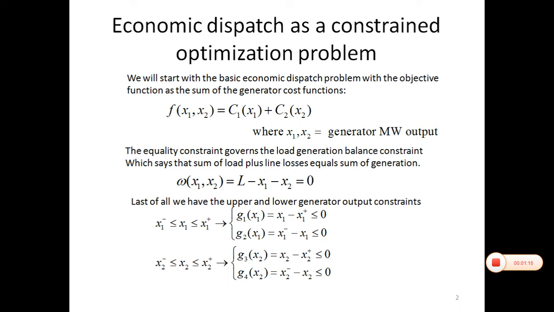There are inequality constraints, which are actually the upper and lower limits on your units, like we have discussed. For example, if we have any unit, it will have upper and lower constraints within which it takes values. We have two independent variables, so x1 will take a minimum value, x1 minus showing the minimum value and x1 plus showing the upper value.